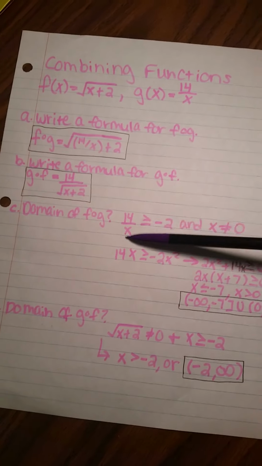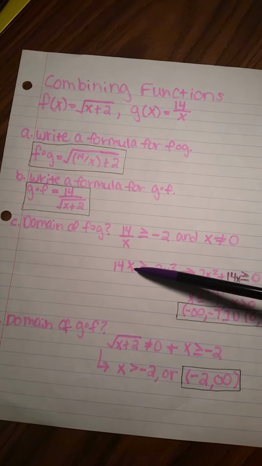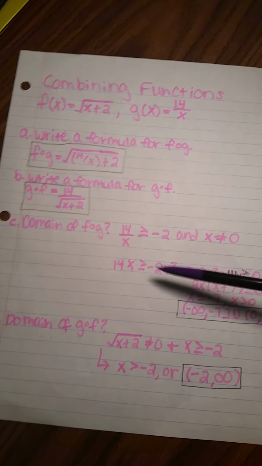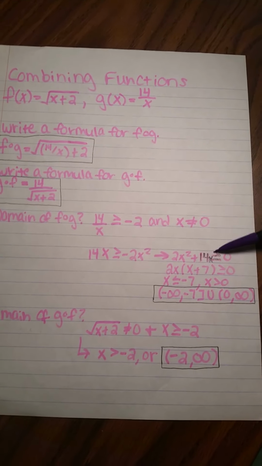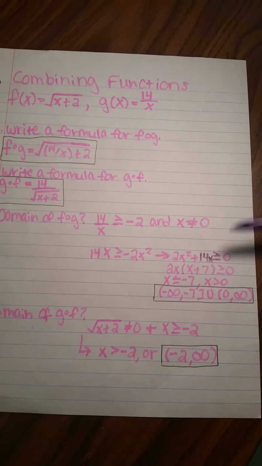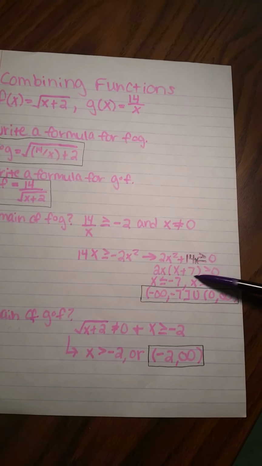We can manipulate 14 over x is greater than or equal to negative 2 to be 14x is greater than or equal to negative 2x squared with a little bit. This is the same thing as 2x squared plus 14x is greater than or equal to 0. We simply move it over, set it equal to 0. We solve this out here,